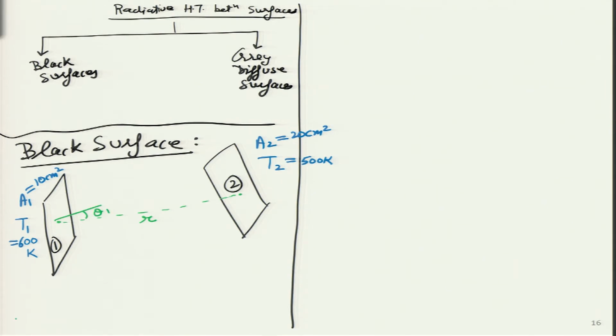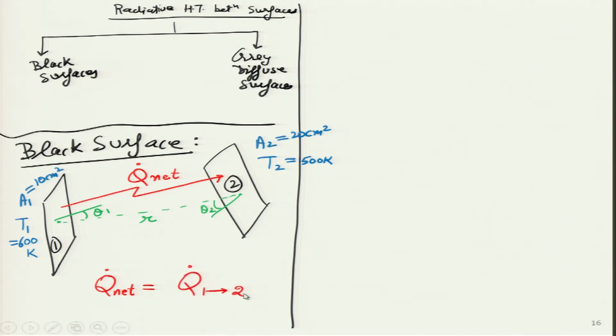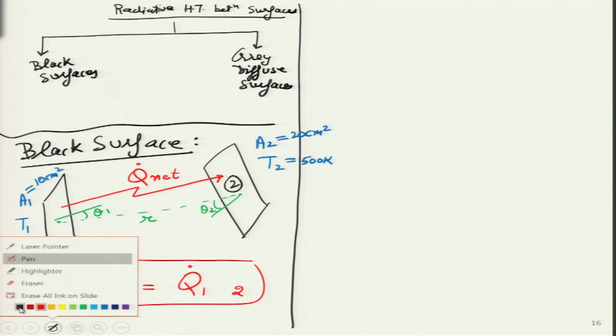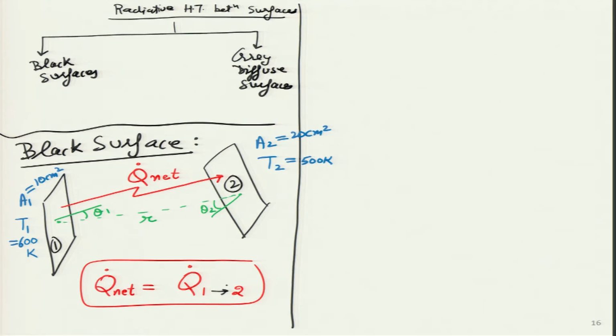So, this theta 1, theta 2 values I know, and what is the unknown over here, or as an engineer what I want to find out is the net rate of heat transfer over here, q dot net. Mathematically I will write q dot net as this particular representation, and this we will use in these topics throughout. So, q dot 1 to 2, this is from surface 1 to surface 2. What is the net rate at which heat is being exchanged between surface 1 and surface 2?